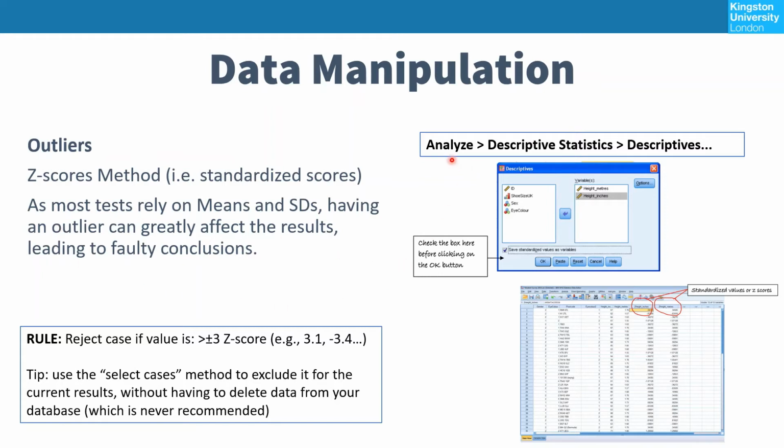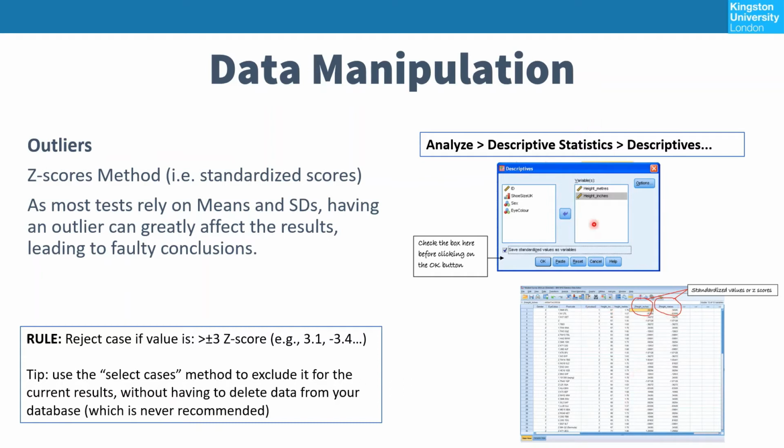So in SPSS, what you would do is go to Analyze, Descriptive Statistics, and then Descriptives. You would add the scalar variables that you want to identify the Z-scores on, and you'd simply click this button that says Save Standardized Values as a variable. After you do this, you can ignore whatever output comes out, because when you go back to the main SPSS window, you will see that you now have two new variables to look at,